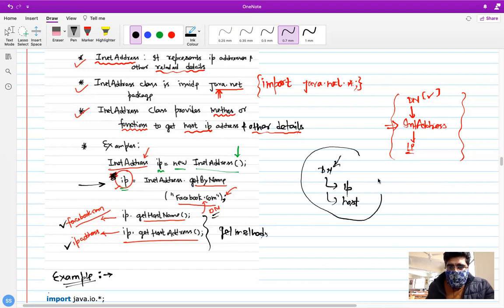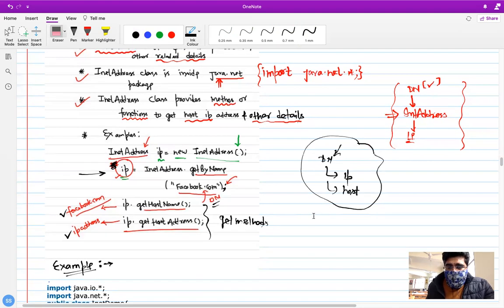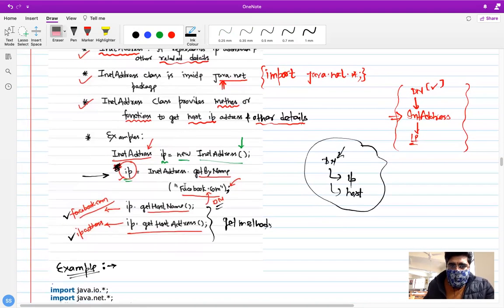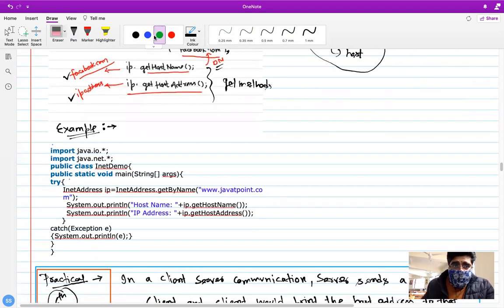And what is the use of this class? There is a practical we will be covering of this class, but let's implement this class first of all. This is a demo class in which I'm using InetAddress, and I'm calling getByName. This is a copy-paste example from Javatpoint, so you can take it from there as well. I'm taking it just for reference. If you have the InetAddress object, you can call getHostName and getHostAddress. This will return you the IP, and this will return you the domain name.